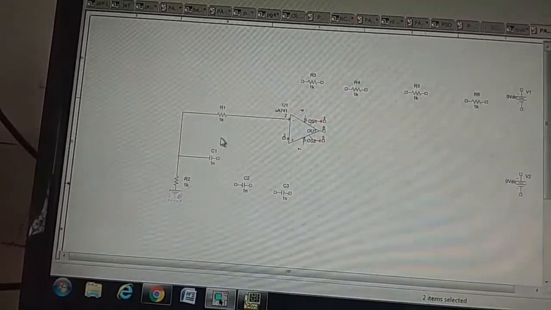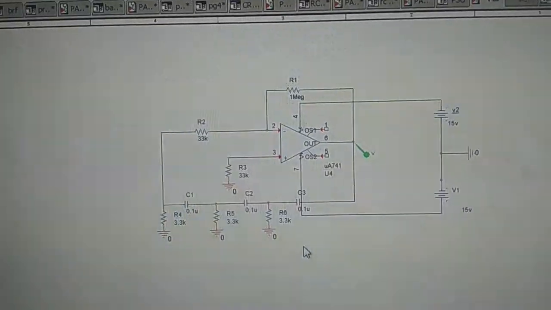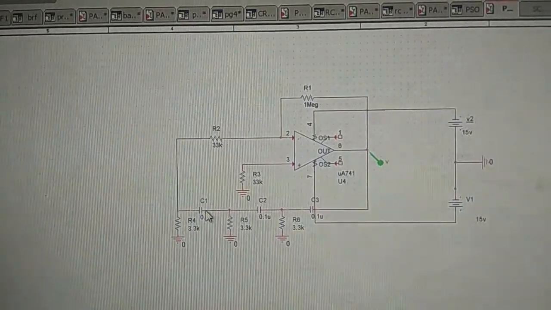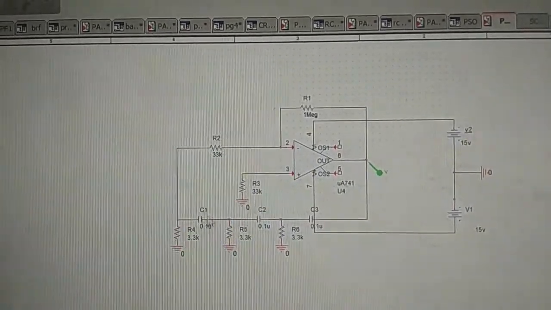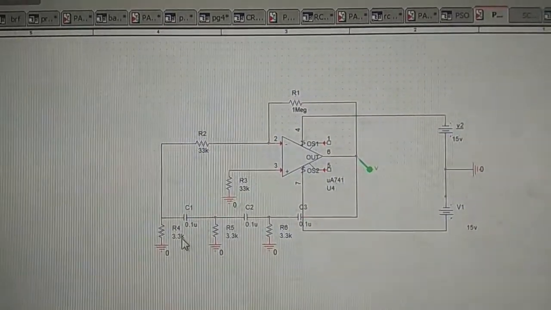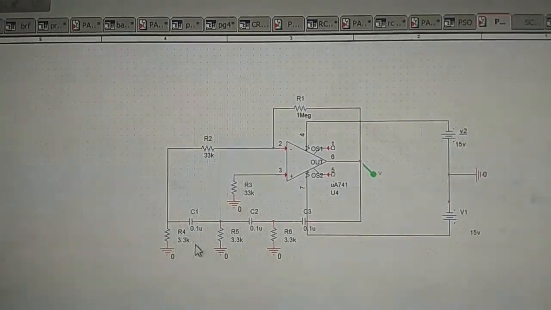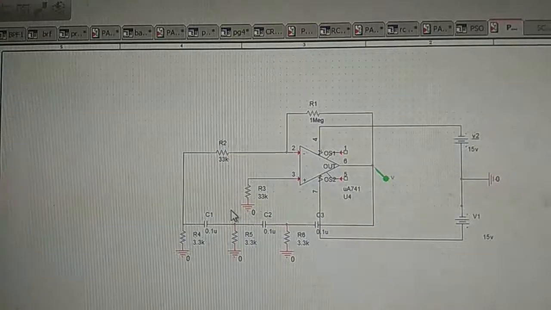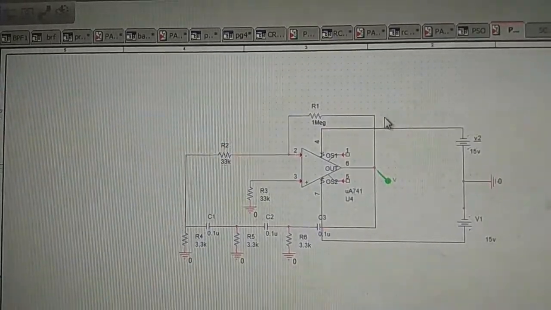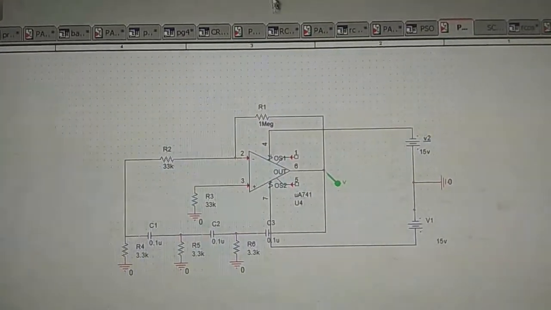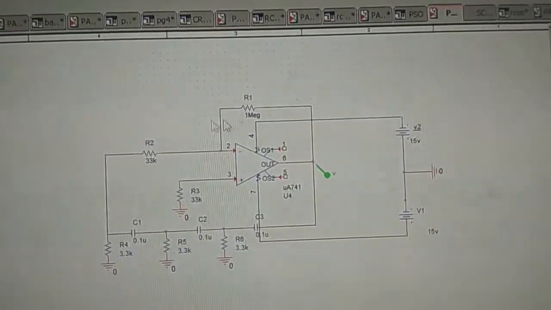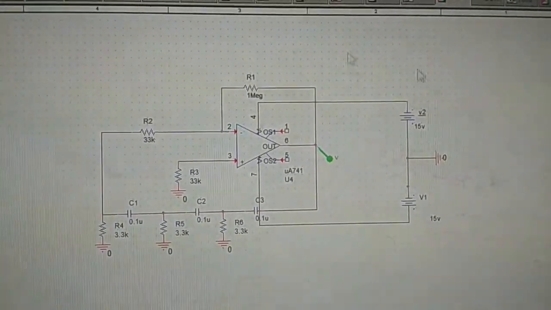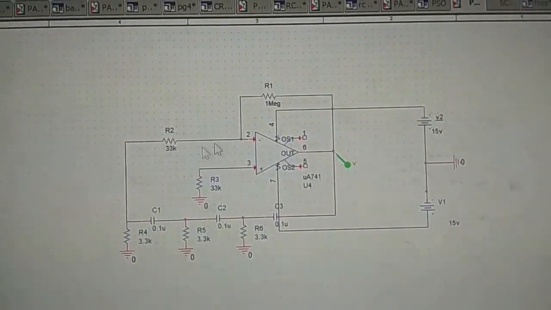Now we will complete the circuit by making the connections. Once the connections are made, we will have a complete circuit like this. We can see here C1, C2 and C3 are connected by using a combination of the R, which we have taken as a constant of 3.3 kilo ohms, and 0.1 microfarad is the capacitor taken here. We have a feedback resistor of 1 mega ohm, which is going to give me protection for the high frequencies which can be generated here. So this is how the RC phase oscillator is going to work.